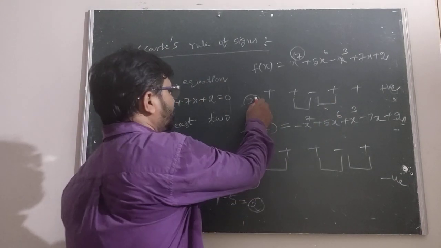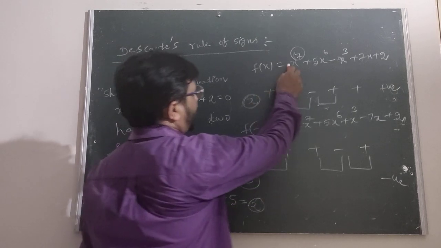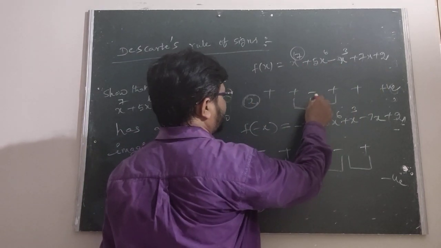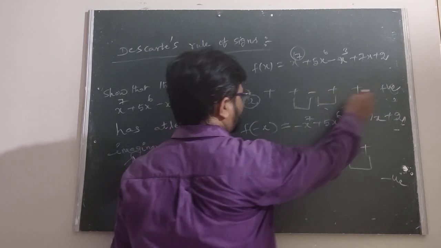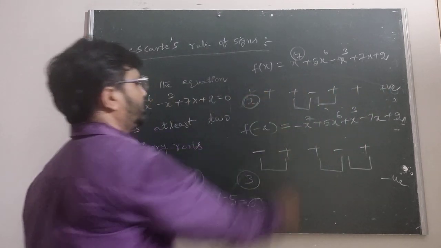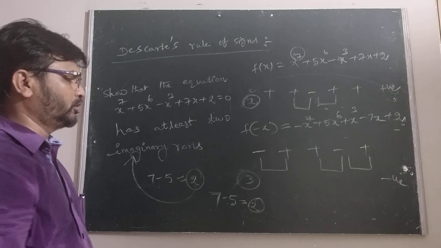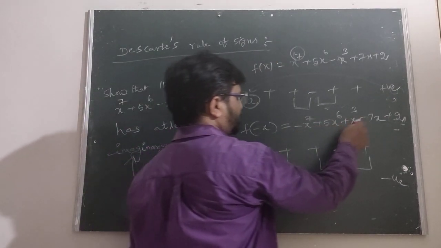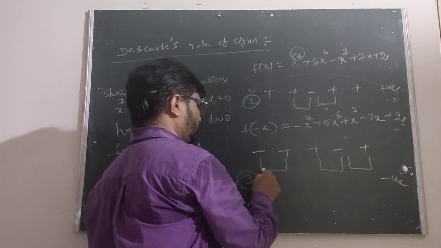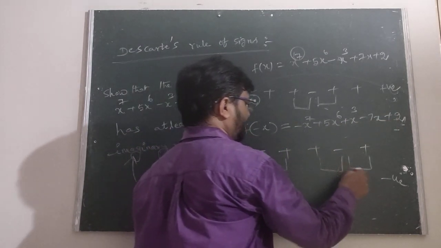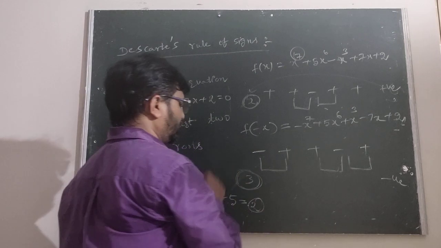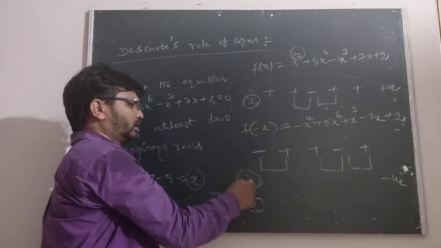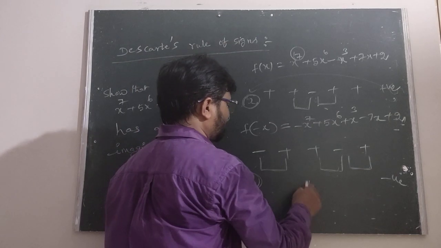Simply we take all the signs: plus, minus, plus. The changes of sign are plus to minus, minus to plus, so at most 2 positive roots. After that we take minus x: minus, plus, minus, plus. That is minus to plus, plus to minus, minus to plus: at most 3 negative roots. Therefore total at most real roots are